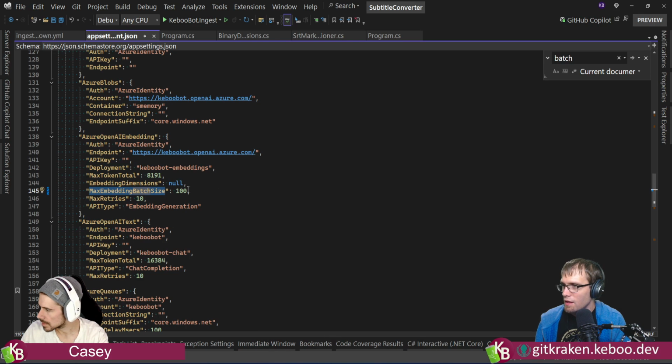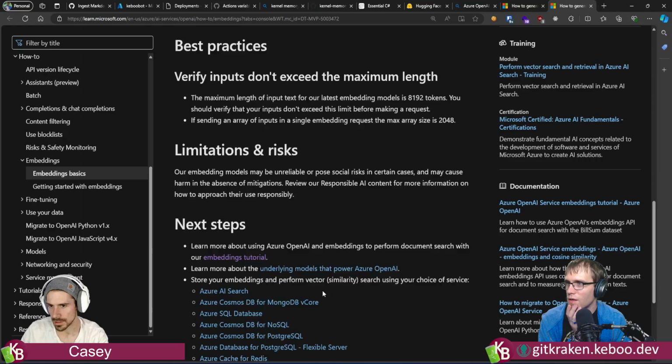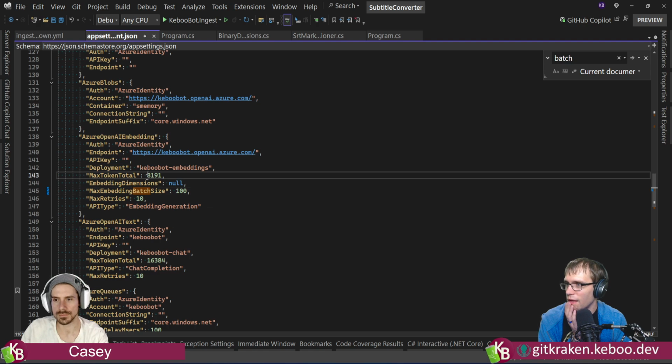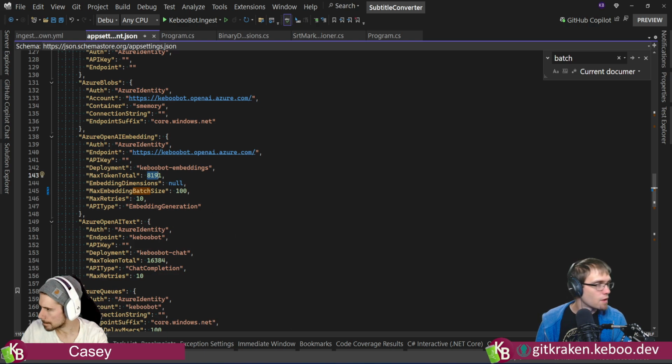Because I think at minimum cranking it up to 100, that's two orders of magnitude. Yeah, let's shoot for it. It matches what they had in that other area. Well, in this doc here, the one that I put in, like 8,192 tokens. Like this is 8,191. So hopefully between the two of these, it's intelligent enough to know what to do. I hope. I mean, this is all config based. So who knows?